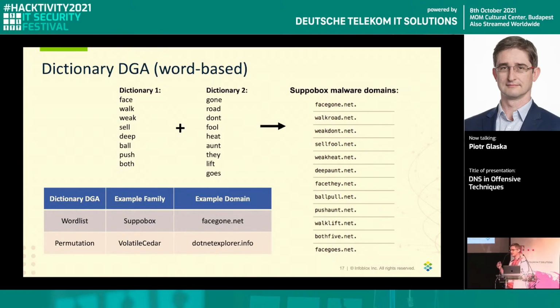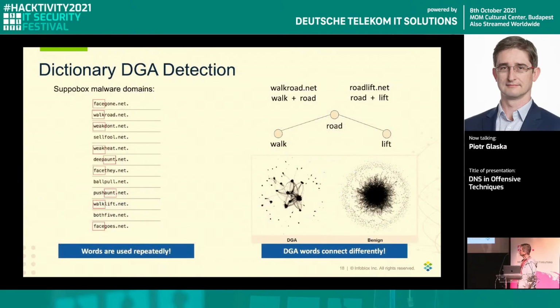Then these magic things like entropy and n-gram distribution will not work, right? Here is an example from Superbox. You have domain names like facegun.net, walkroad, and so on. They look quite normal. So what we do is we observe DNS queries over a long time, and we notice that